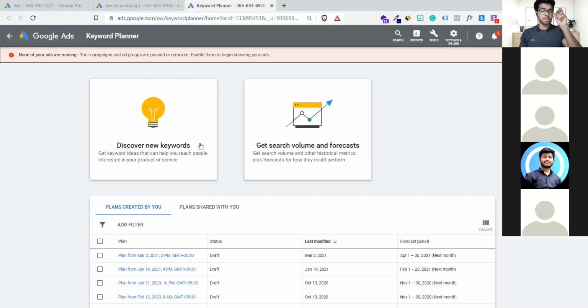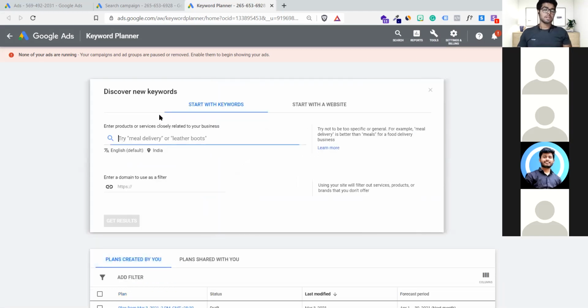On the other side, if you already know your keywords and just want to know the forecast, like suppose my keyword is sports shoes, and I just want to check the search volume and forecast, I'll go there. But let's not go here and there. Let's click first on discover new keywords.